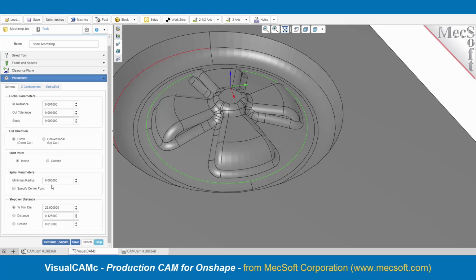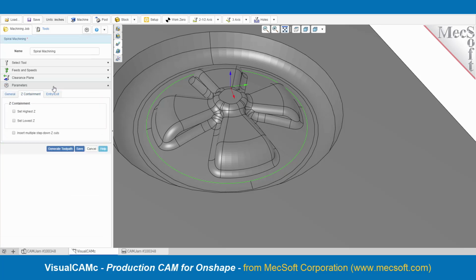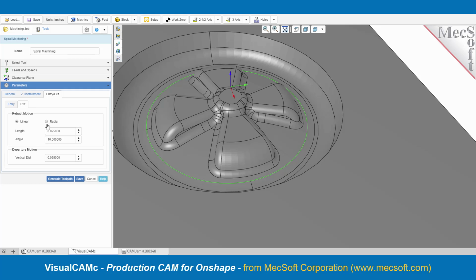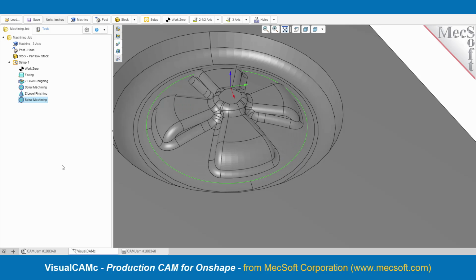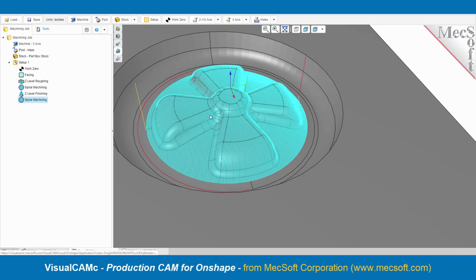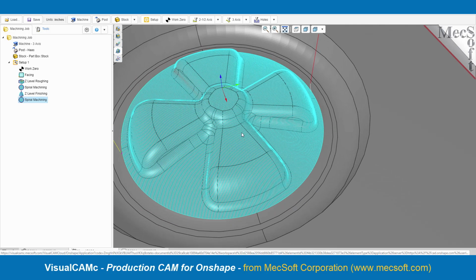And in this case, we'll leave the minimum radius at 0. We'll just start right in the center, and we'll come back and we'll do a facing operation on that little area. Let's do a step over 5 thousandths and no Z containment, entry and exit. I have a radial, and let's generate that and see what it looks like. Okay, so there's our nice spiral toolpath,